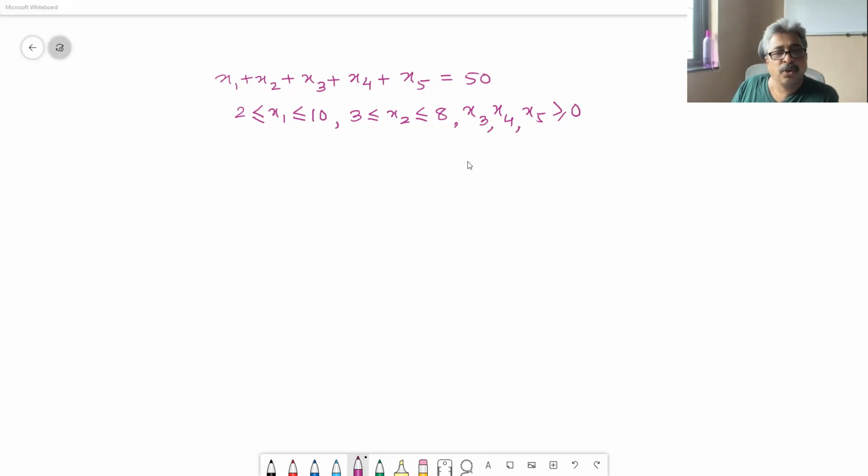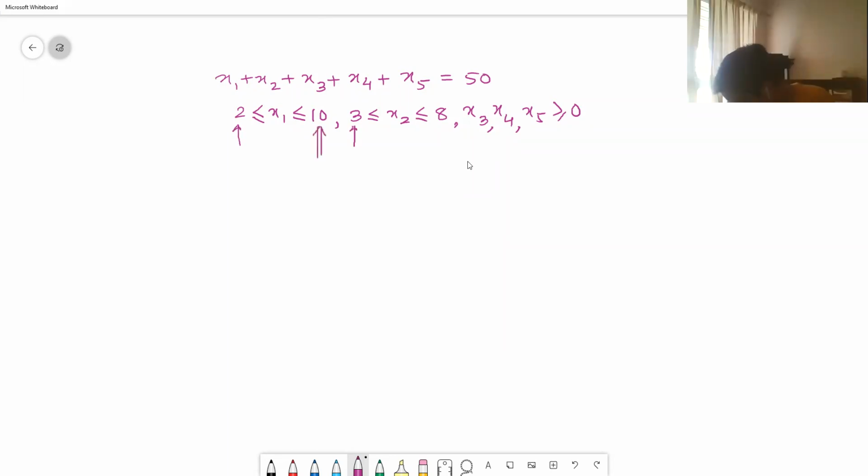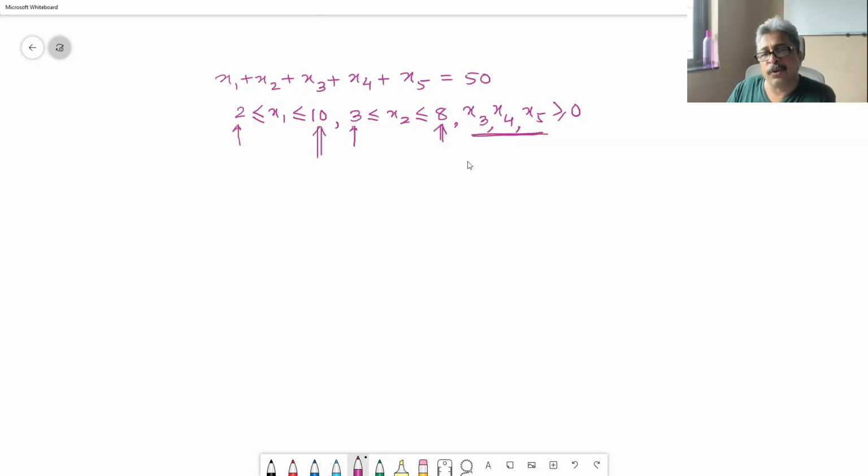Okay. So there is a lower bound of 2 and an upper bound of 2 for these. For these three variables, they are good. They are greater than or equal to 0. They start from 0 and have infinite supply. Even if it is infinite supply, we are okay if they are available up to 50, because beyond 50 we will not be able to use them. X5 cannot be 51, X4 cannot be 56. So at least they should be available up to 50 because the RHS is 50.